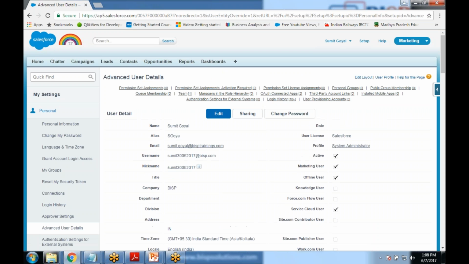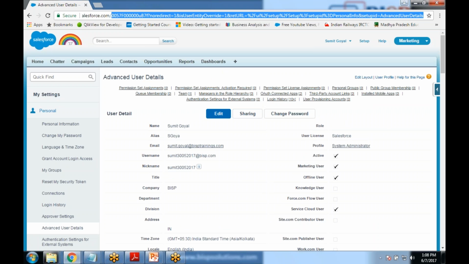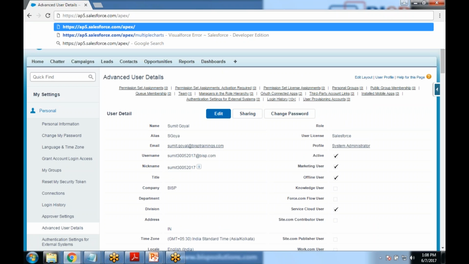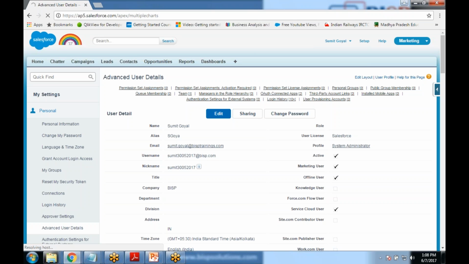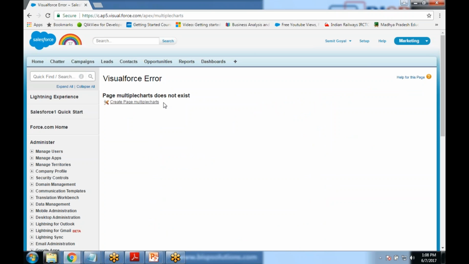Now I have enabled development mode, and I'm going to write the URL again, multiple charts, and this time it throws an error message and also gives me an option to create a new VF page. So I click on create multiple charts VF page,